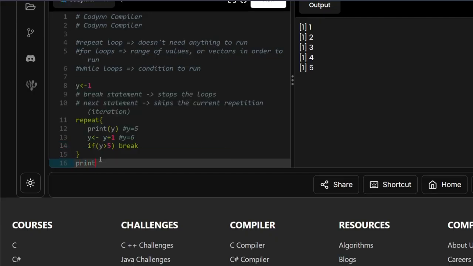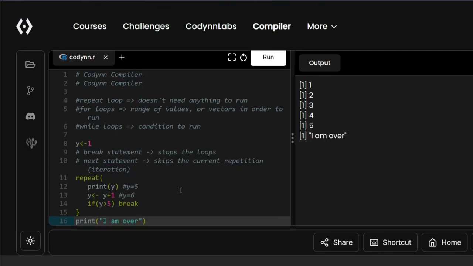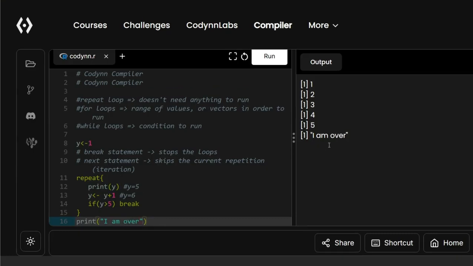So let's observe that by typing print, and then print I am over once again. So it will print out 1 2 3 4 5. It will break out of the loop. So it will print out I am over only after the repeat loop has finished by this break statement right here. So let's say I print out inside of the loop, so print